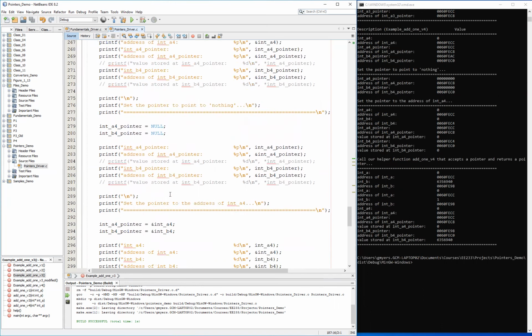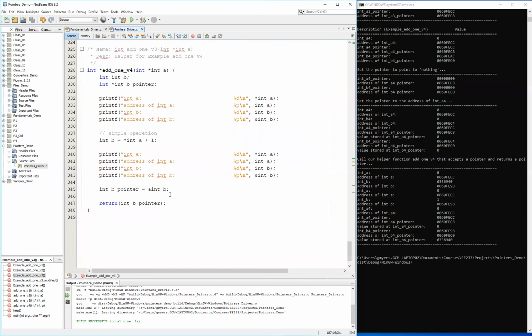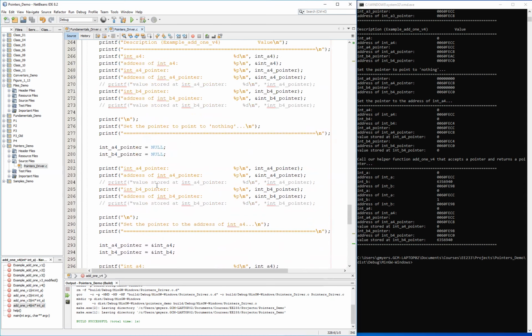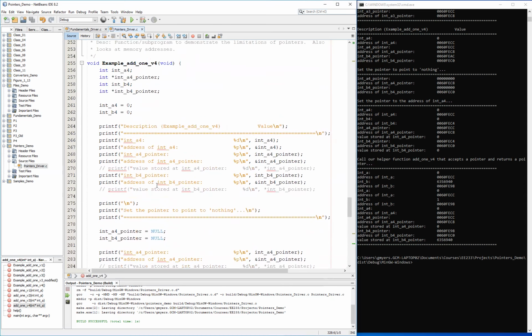And what we're going to do is call another little helper function. The helper function this time will accept a reference to an integer, or the address of an integer, and it will return a reference, or an address, to an integer. So essentially this would look like a great idea, because basically we can modify the values by simply accessing an address in memory. Well, let's go through what we're planning on doing here, and then we're going to take a look at the table that we have printed out in our console